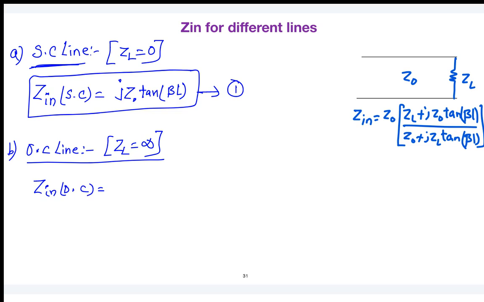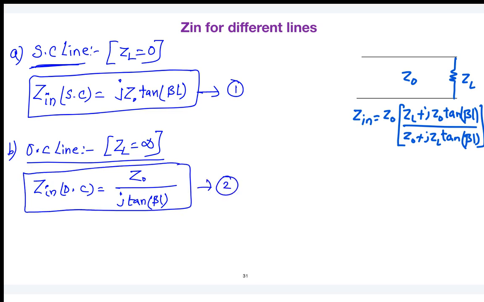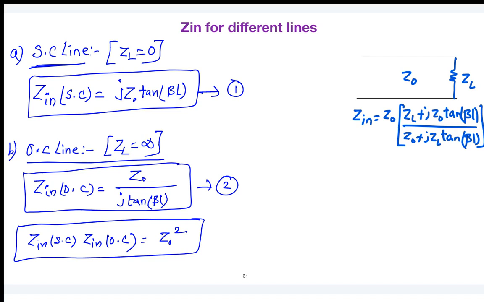Do it and tell me the value. Z0 divided by j tan beta L. This is your second equation. And there is one more important point to be noticed. When you multiply the short circuit input impedance and the open circuit input impedance, you are going to get exactly Z0 square. In other words, the characteristic impedance can also be written as the geometric mean of